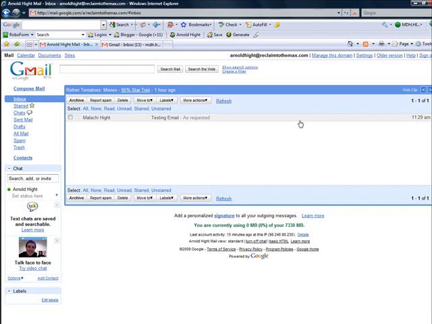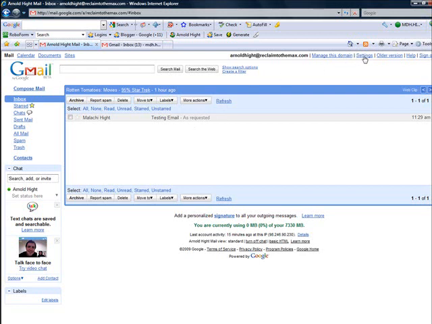Now, one other thing that we may want to look at here is, let's say you already have a main email address and you don't really want to stop using that address, and you just want to have your email that you've set up here go to the email address that you've been using for years. You may want to consider changing that and making it so that your old email address comes to this new account, but for the meantime, if you're not ready to make that jump yet, what you can do is come up here to the Settings